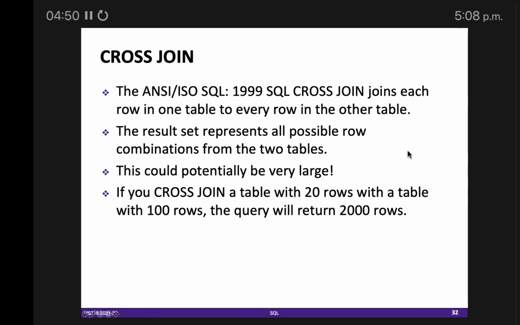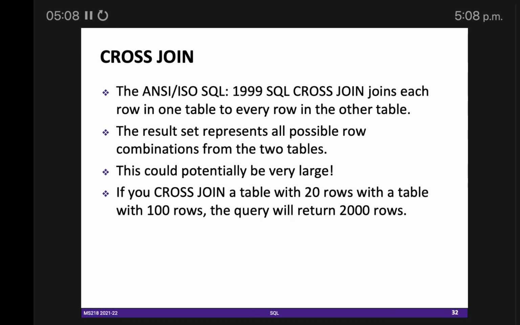We also can do cross join, though most of the time we don't need it. Do you know what a cross join is? For one row we are joining all the rows of the other table, right? This is a cross join.